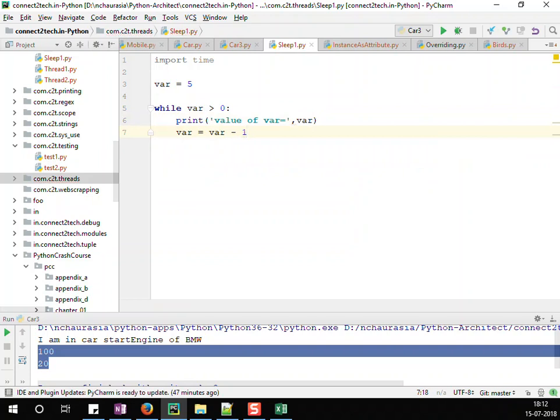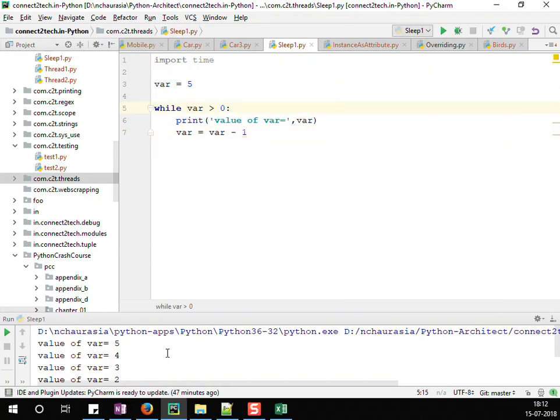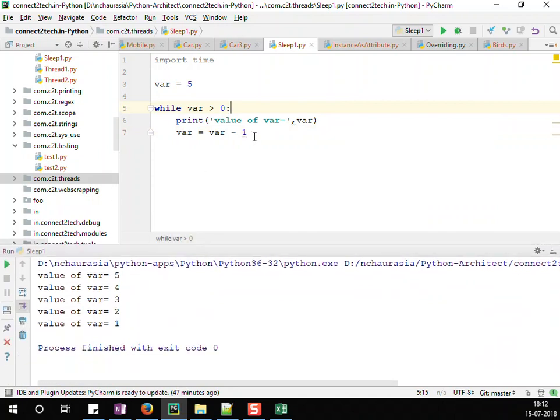Now if I run this program, this is going to execute very fast, right? And we will see the output as 5 4 3 2 1. Let's run this program. So I'll see output 5 4 3 2 1, and this is running pretty fast. So what if I want to make this particular thread which is running